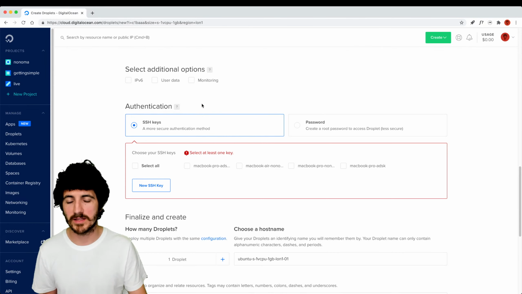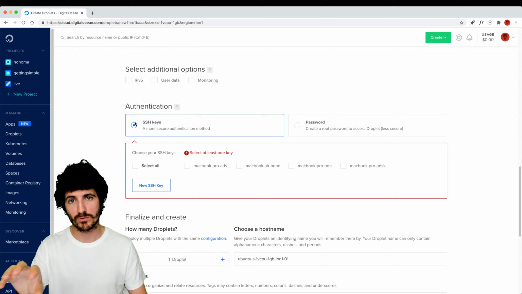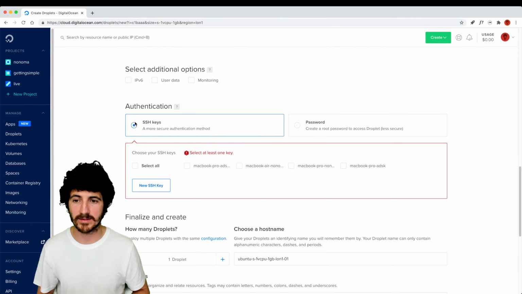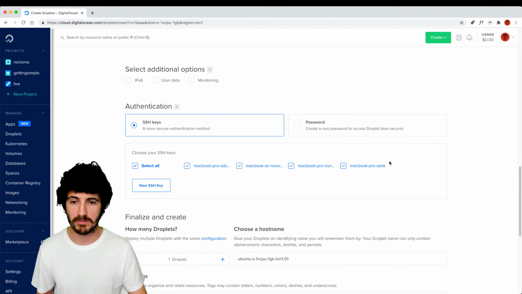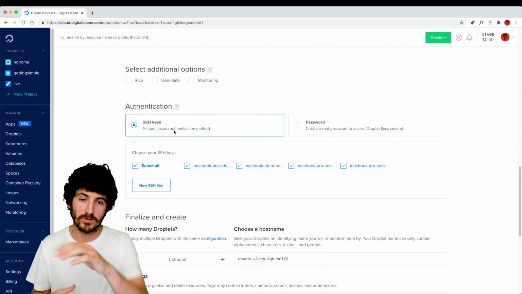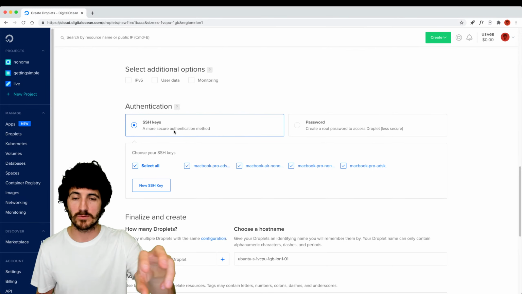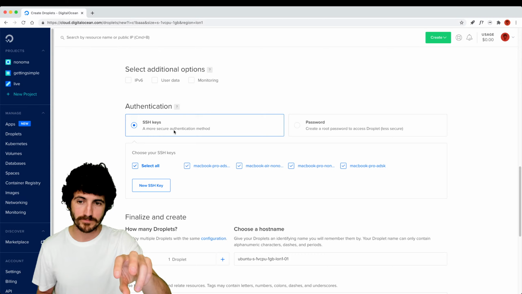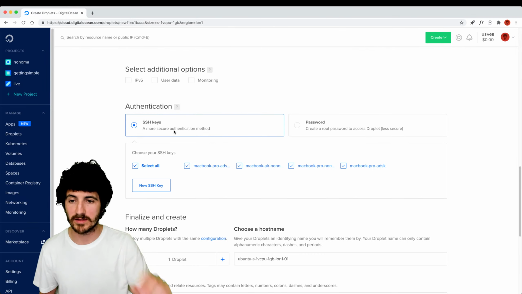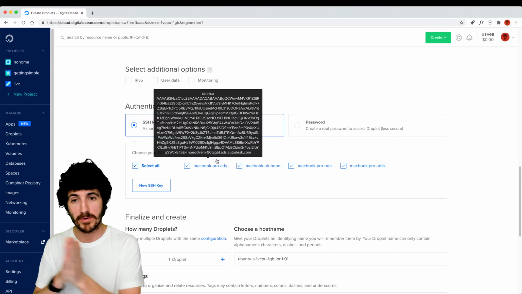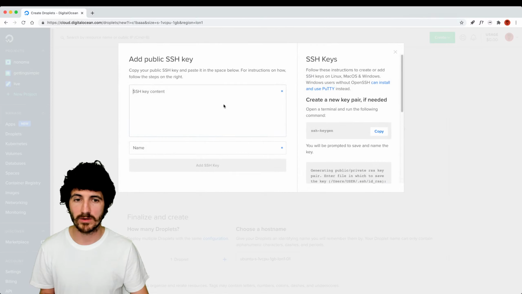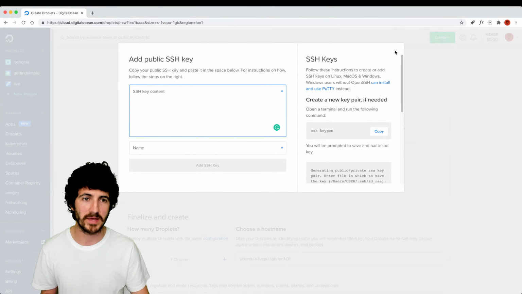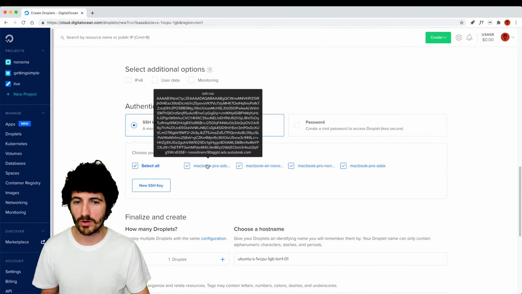So here, to set up our SSH key on the Droplet that will give us access through the terminal command line to a server, we would select all of the ones if we want all of the public keys on our laptops. This will provide access to all those laptops in which I have access to those keys, where those keys are added, so the private keys for the private pairs for these public keys. And we can also create a new SSH key or add it, right? I don't know if we can create it here. We can just probably add it. So yeah, we're going to select all of them.